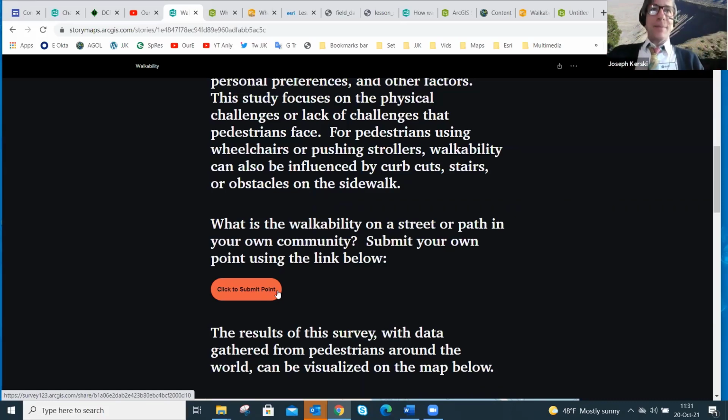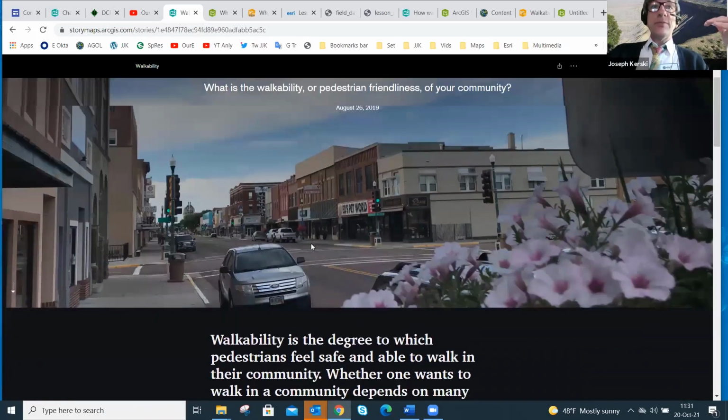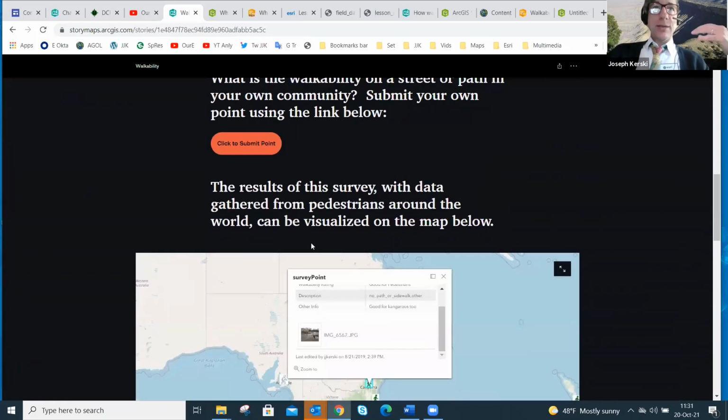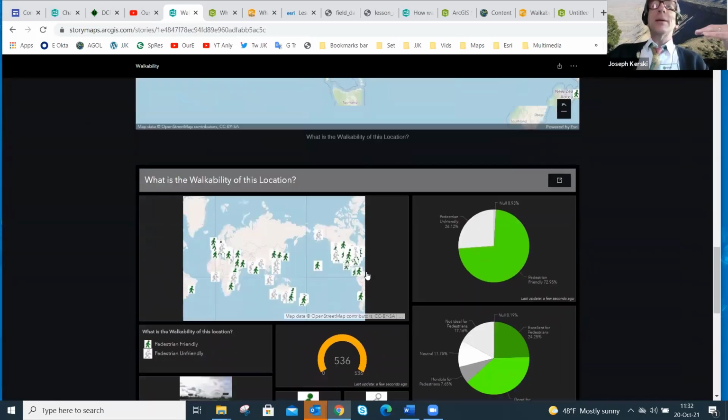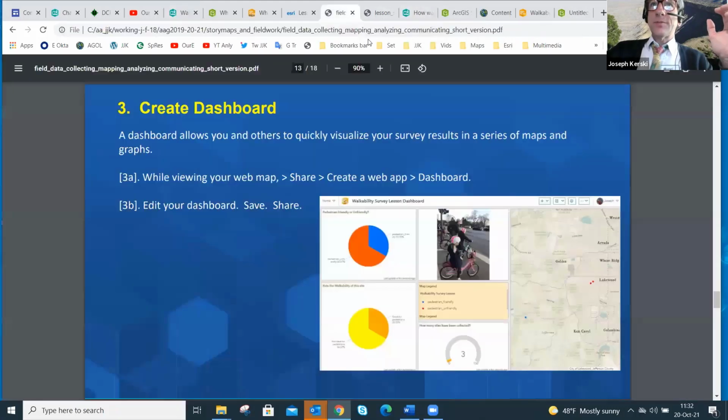Could I have made that button a little bit more prominent? Maybe, sure. But the idea is to put the survey actually in the story map if one of your goals is to have people get engaged about an issue and then say, oh, I want to contribute, and then they could do so. So the final result is going to be something like this. Once you go through the tutorial, it's going to give you something like this with an image and a survey embedded in there, the web map, and the dashboard, along with some closing comments and some metadata, if that makes sense. I hope that does, because we're sadly rapidly down to our last few minutes of time together.